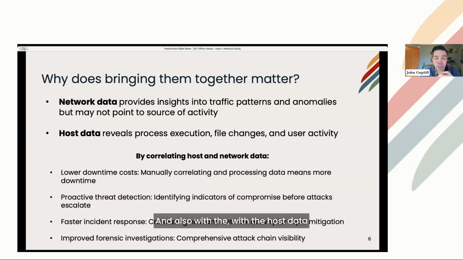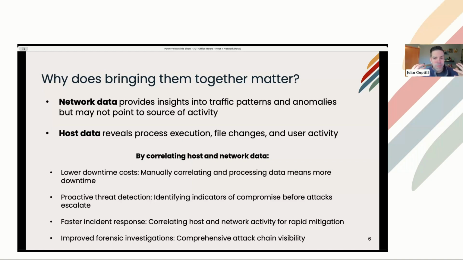And also with the host data, you're going to get more information that you won't see with a single network data source. If you're able to get in there, you get your process execution, file changes, user activity, different logs or different tools that may be able to be dumping information from the host. Each of those have their individual strengths, but by putting those two together,